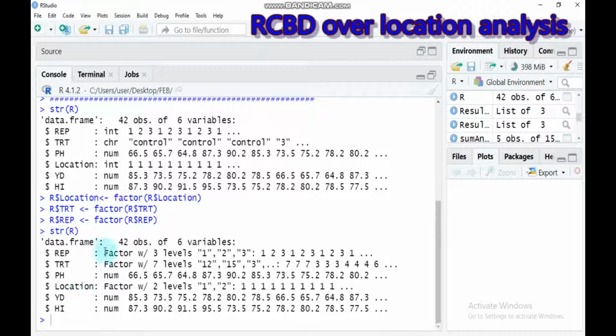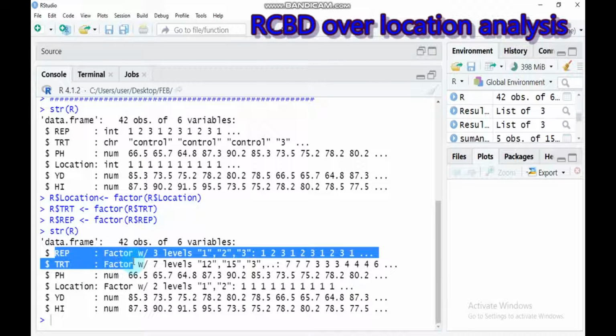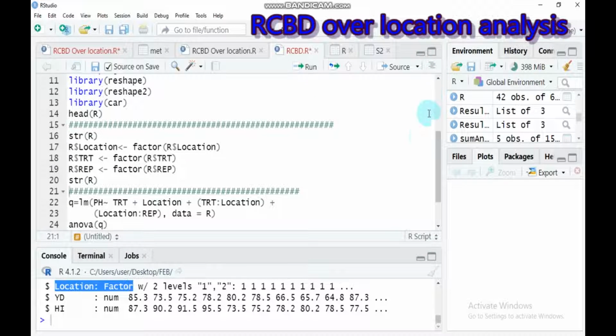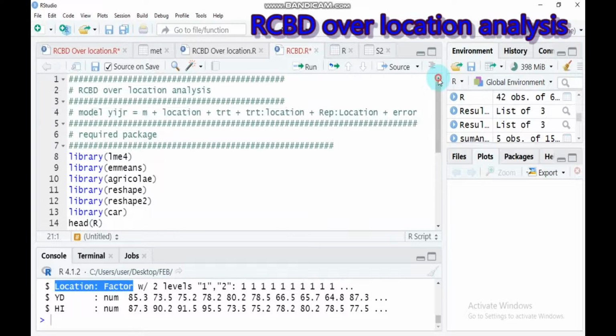Yes, here is the replication and treatment, and here the location is converted into a factor. Before proceeding to analysis, here is the model for the randomized complete block design over location. Here is the response variable that we are going to analyze. Here is the location plus treatment, and again treatment plus location, and finally the replication